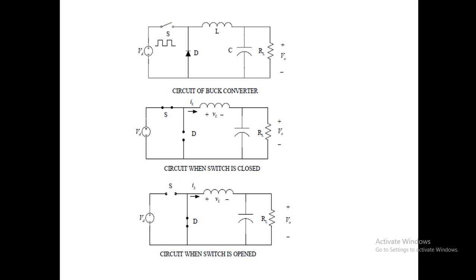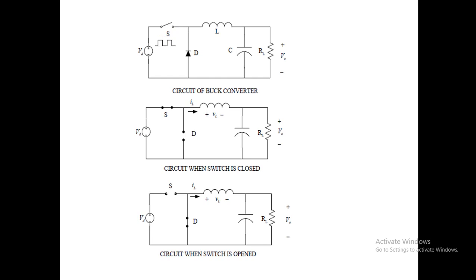For low power applications, we can go for the MOSFET and IGBT. If it is medium, then go for GTO, and for higher power, go for the thyristor switch. And because the thyristor switch has a high switching frequency, it is more than 2000 kilohertz.